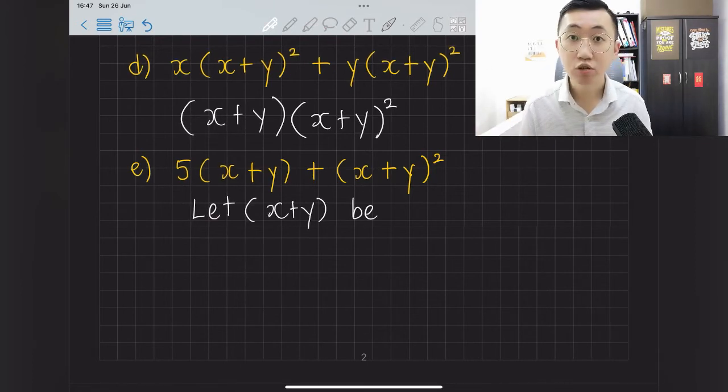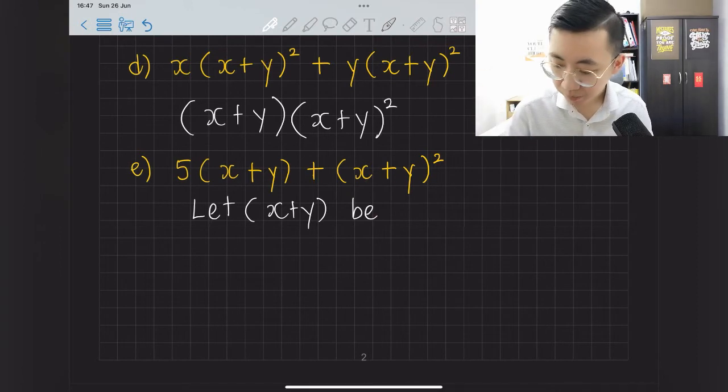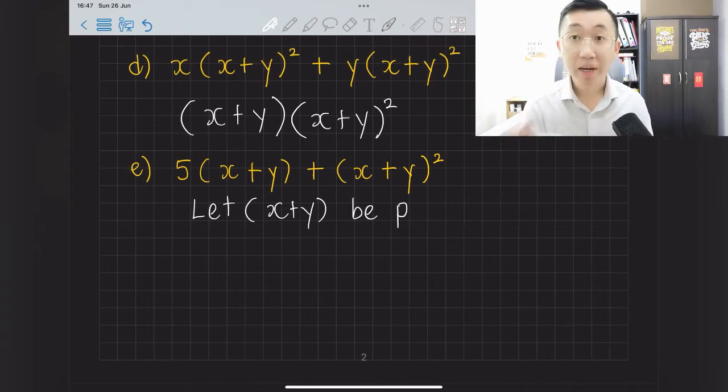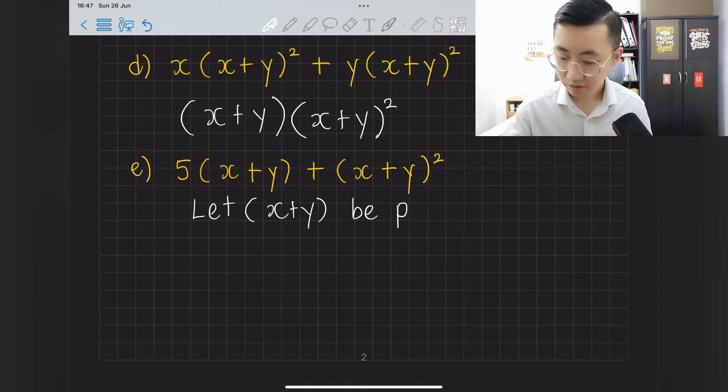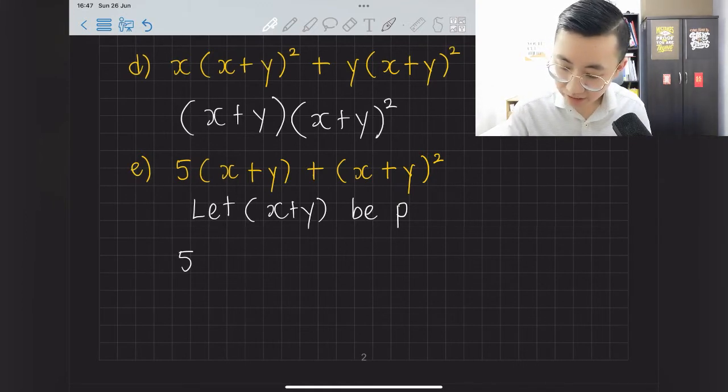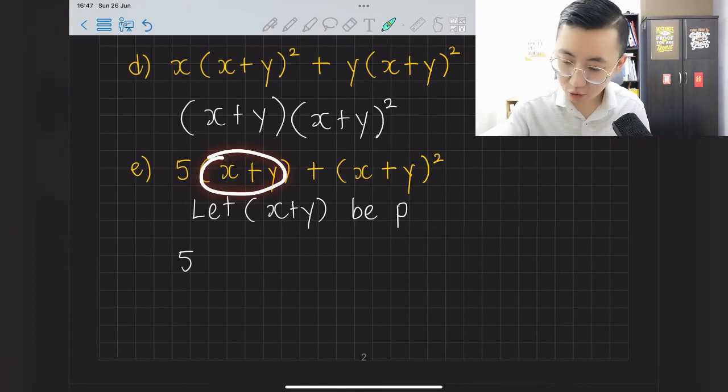So let's use another algebra. For example, let's say use p. Okay, so now replace the bracket with p. Okay, follow. So 5 you copy back. Now this bracket is now known as p. So you are gonna write p